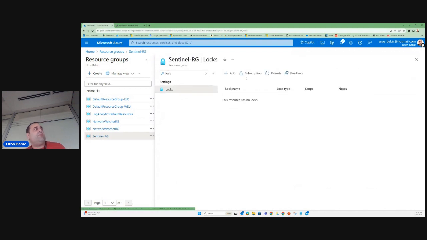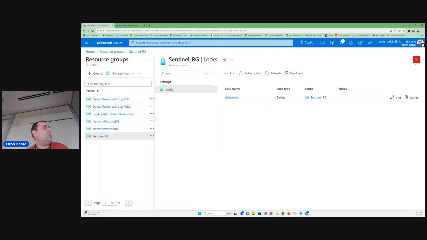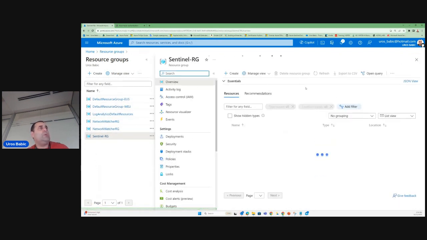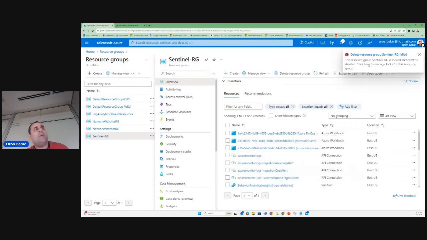You can choose different options. When I add a lock, for a delete. For example, I don't know, delete, to prevent deletion or modification, I can click here to activate, and when I try to delete my Sentinel resource group and click copy, paste here and try to read, I have a notification message that is a managed lock, for review everything relating to the resources lock,